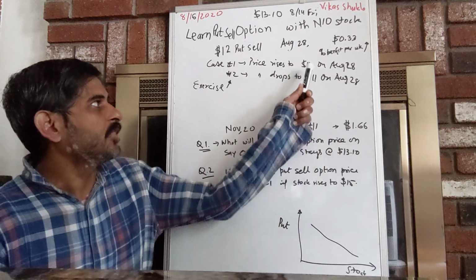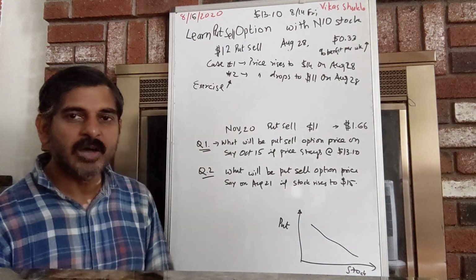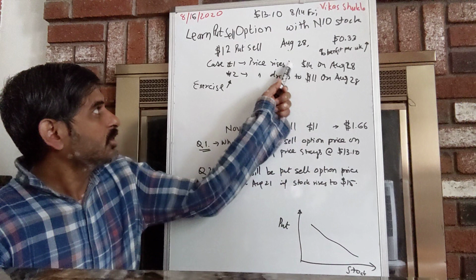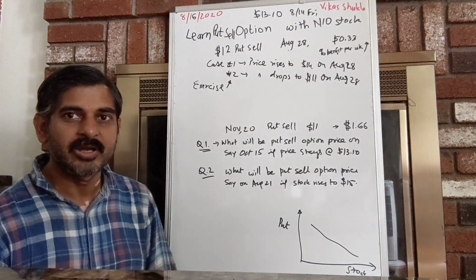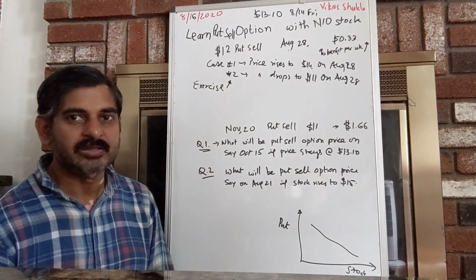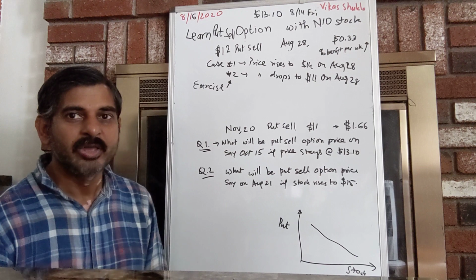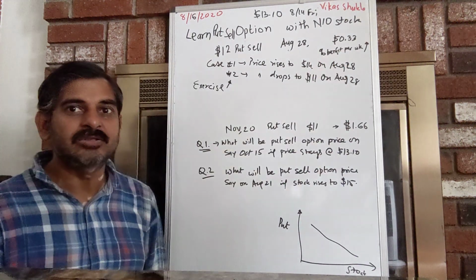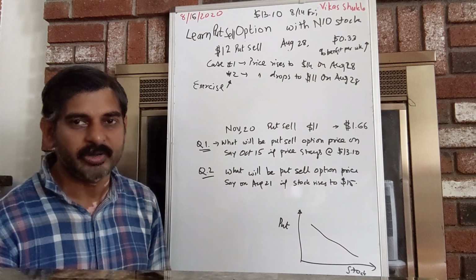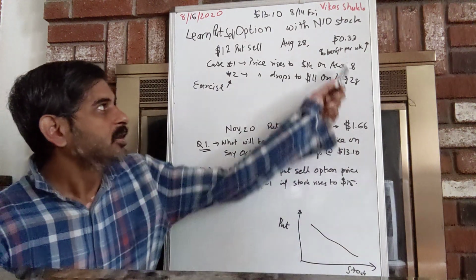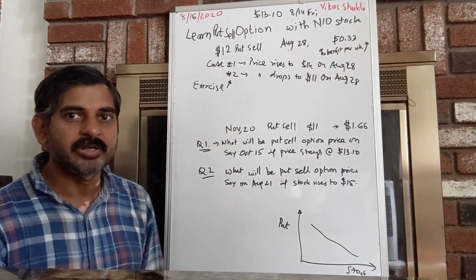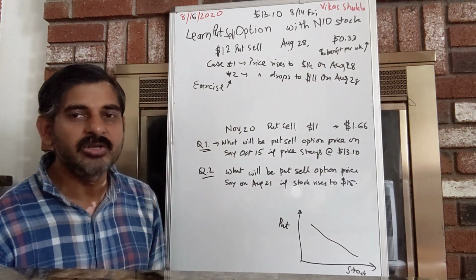What happens if the price goes up to $14? Then you don't get any share. Your option is not exercised, you don't get any share, but you keep that 33 cents per share profit. And remember, in options, one contract comprises 100 shares, so you get $33